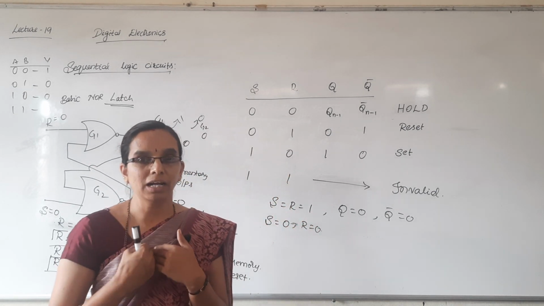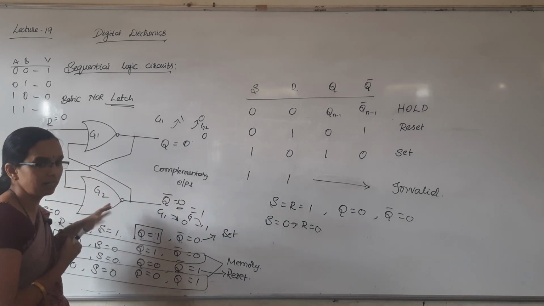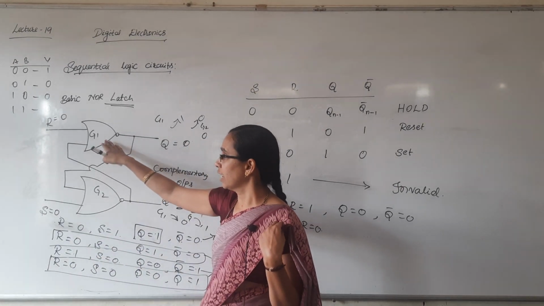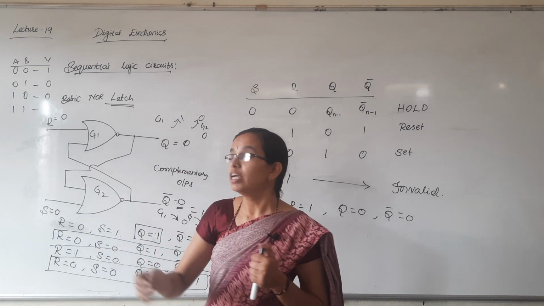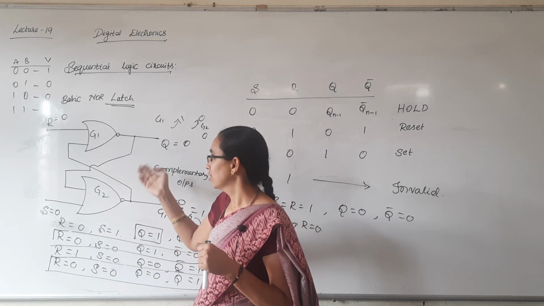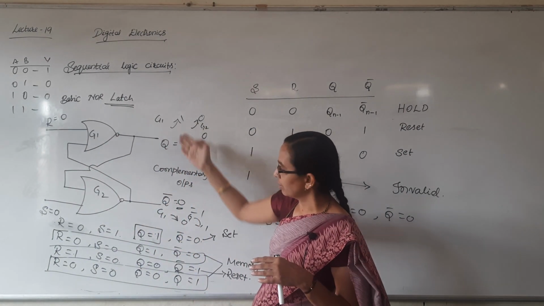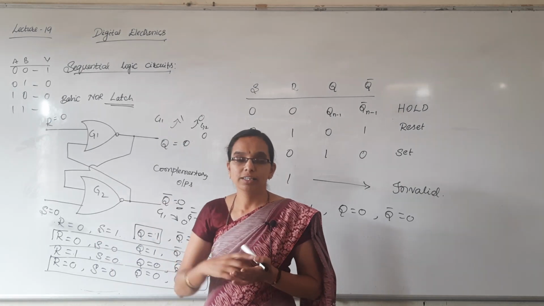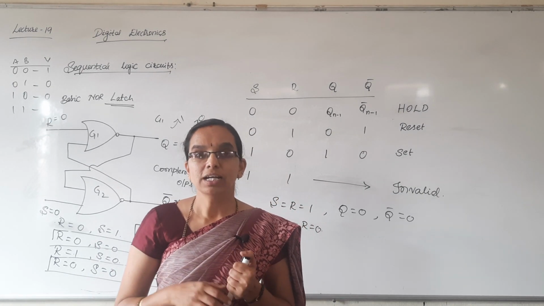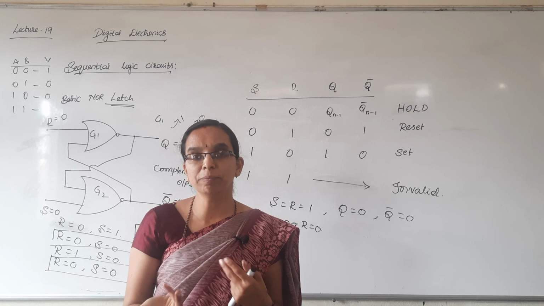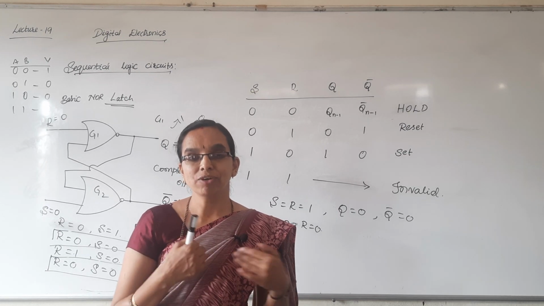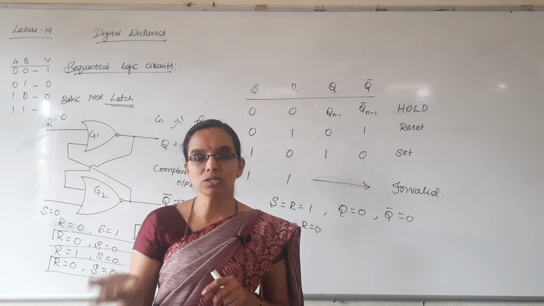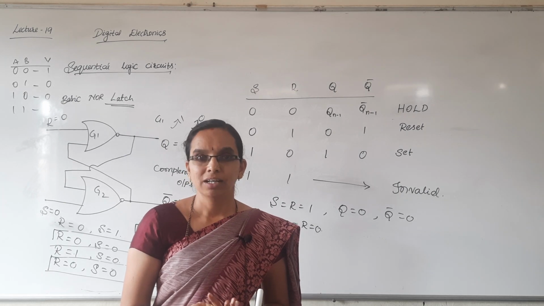See, I am going to analyze this gate first and this gate second, but that is not depending on my analysis. It is depending on how fast the gates respond to their input conditions. If gate 1 responds fast, then it will be 1 and 0. If gate 2 responds fast, it will be 0 and 1. That is depending on the gate's performance. So it is unpredictable. We cannot predict it. What is the output condition? If I want to store 0, it should be stored as 0 only. If it stores 1, then my data is incorrect, right?